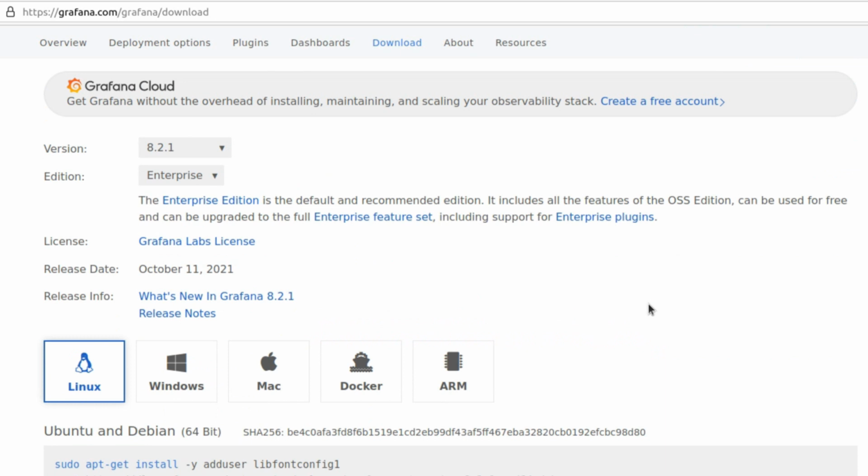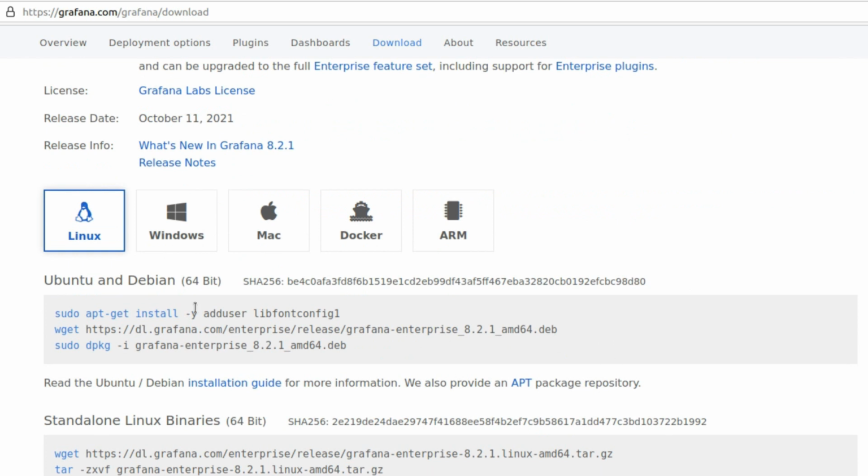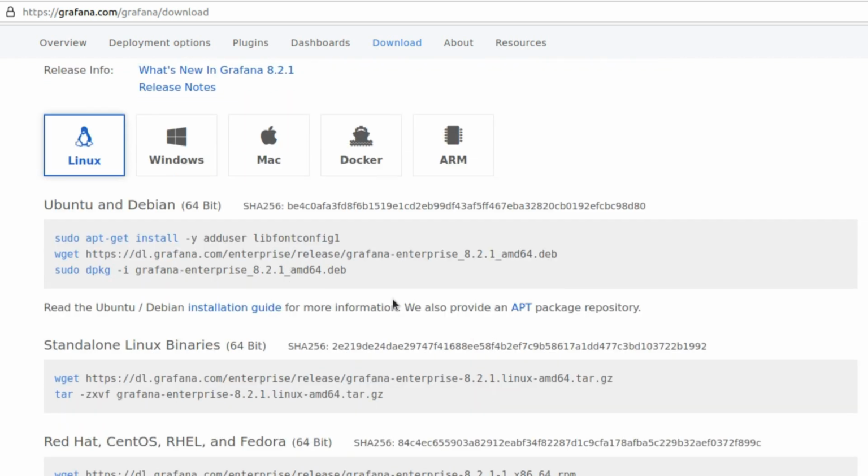Grafana on our system. Now it is again up to you for which operating system you want to use it, but in this case I want to install it on Ubuntu, so I select Ubuntu, and they are the commands that we can use to install Grafana. Here you can also use these commands and download and install Grafana